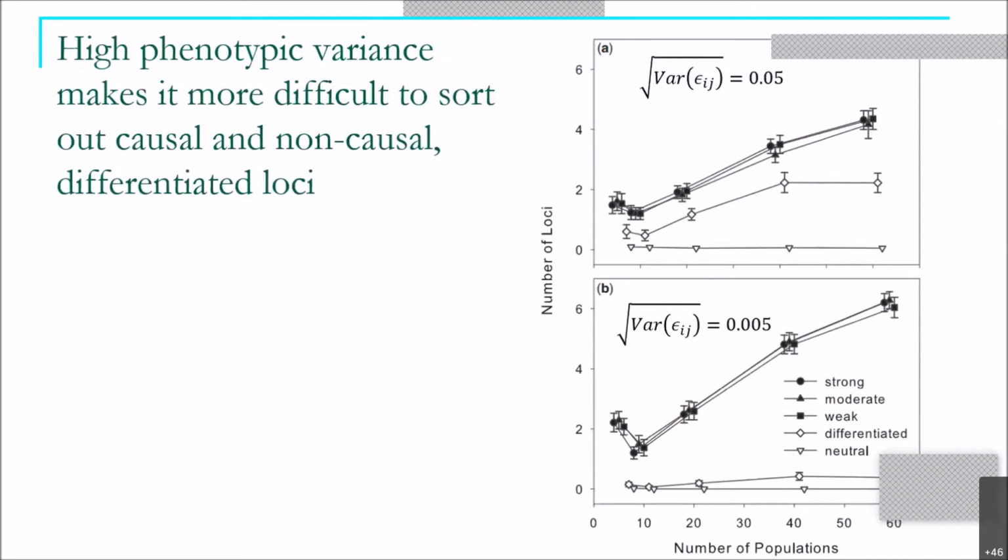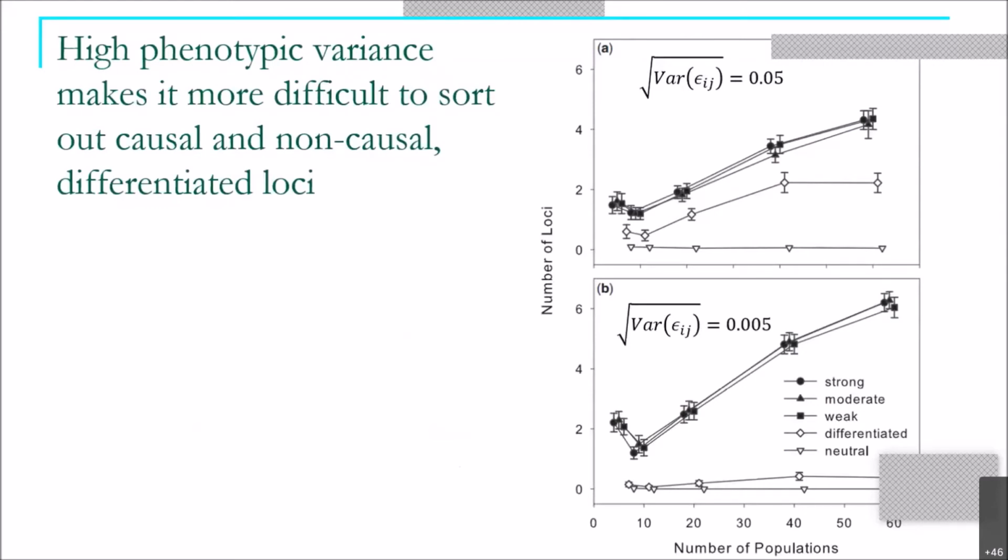So these 2 graphs shown on the right are simulations of how many of each of those 5 different kinds of SNPs were picked up by FLAM and used in FLAM models. And if you look first at the bottom figure, panel B, this is a figure where you have a